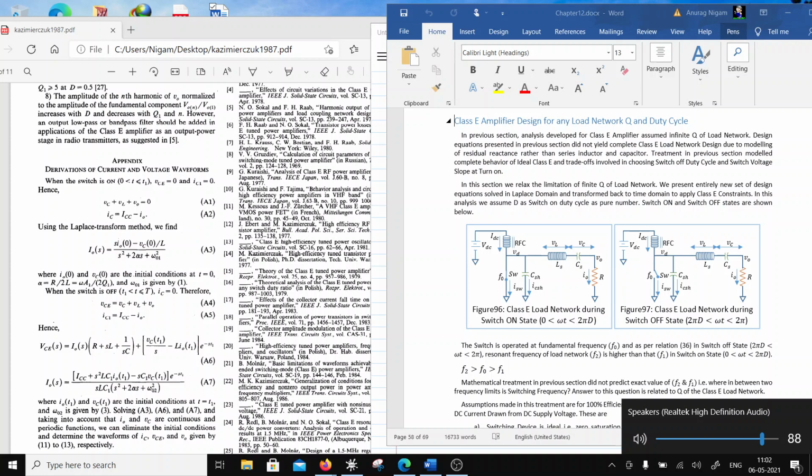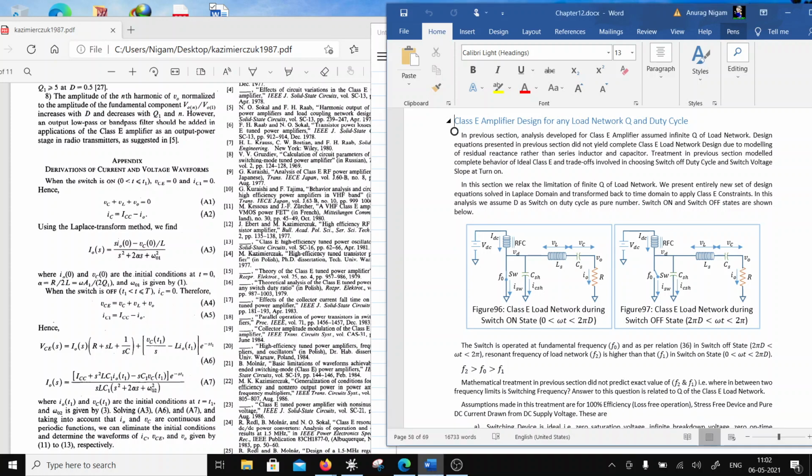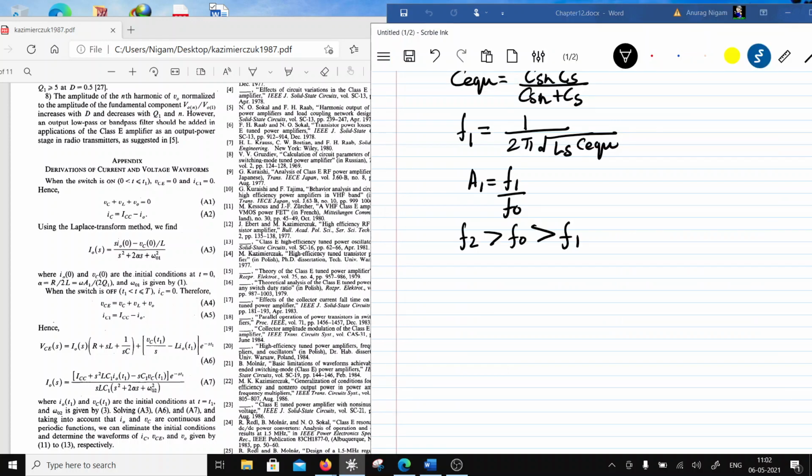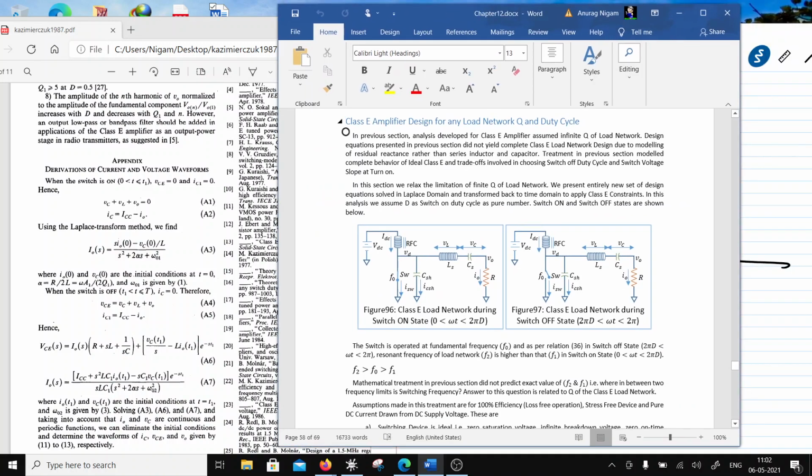So VD is basically shorted by the switch. Then in that case, we can say that under an on condition, for an on switch,